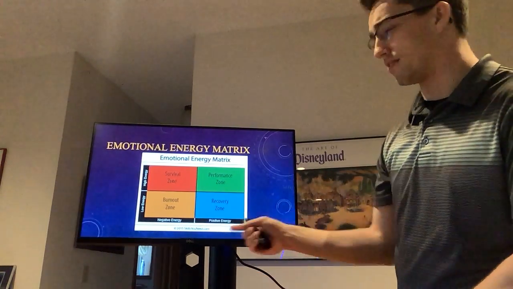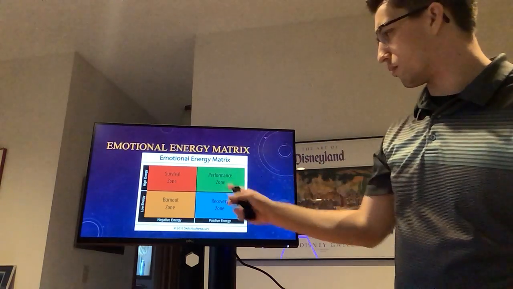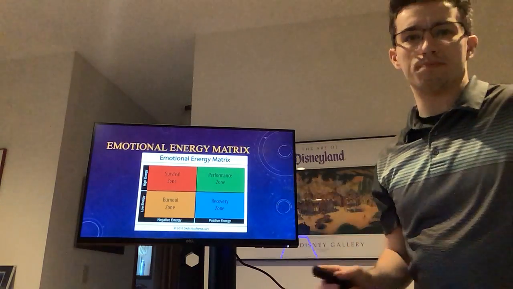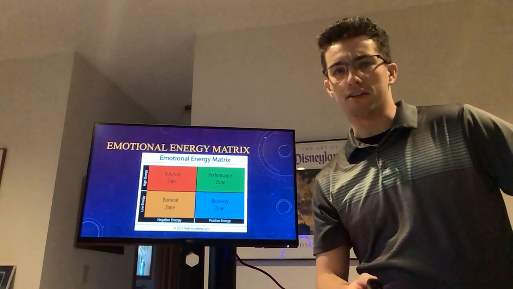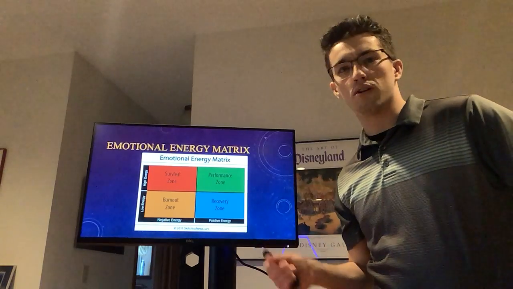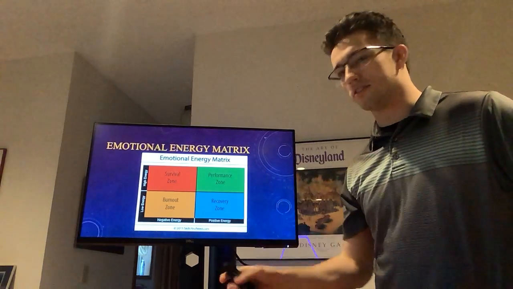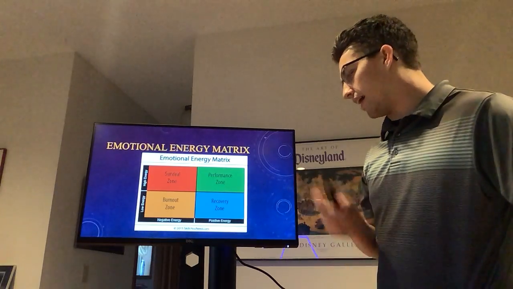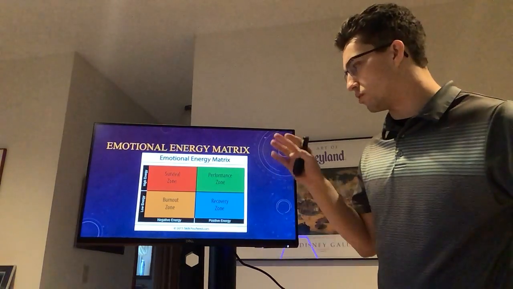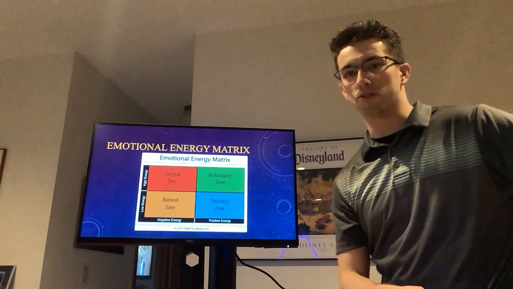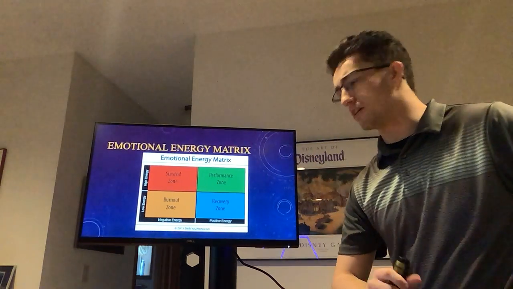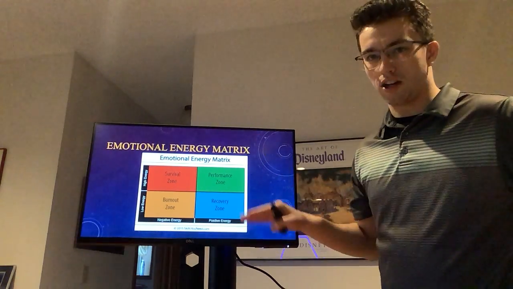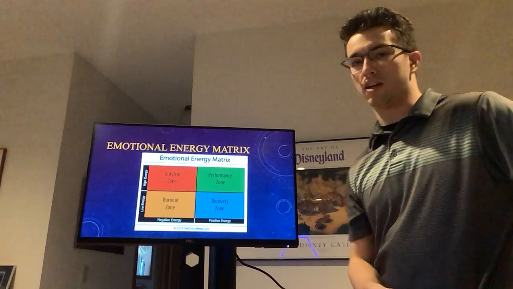Then we have our more positive energy states. We have our performance zone, which is high energy and positive energy. Similar to the survival zone, high energy doesn't last for a long period of time, but you are feeling great. You are just feeling very positive, and it doesn't last for a long time, but it's a very high high. And then we have a recovery zone to where we've cooled down and dropped our energy levels from a performance zone, but we are still feeling good, just at a lower intensity. So we move throughout these zones up and down, left to right, depending on the situations that we are placed